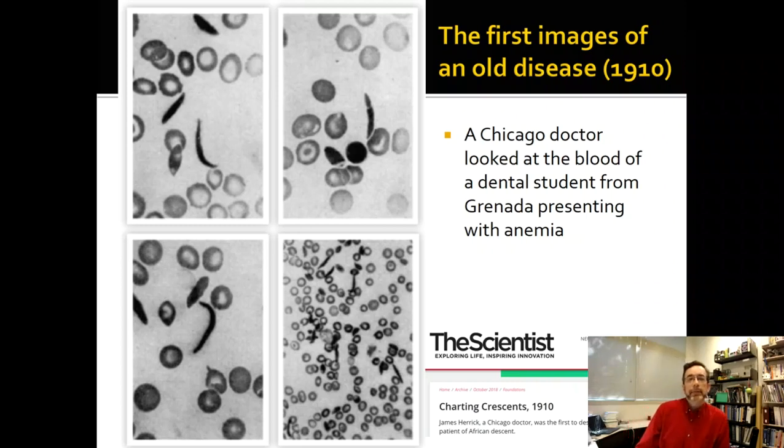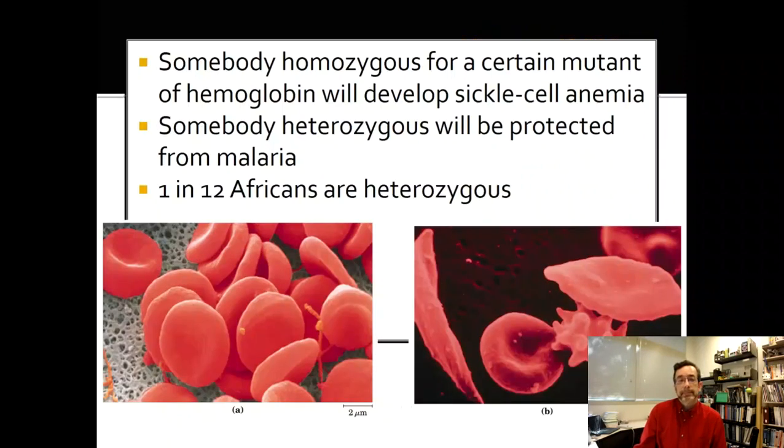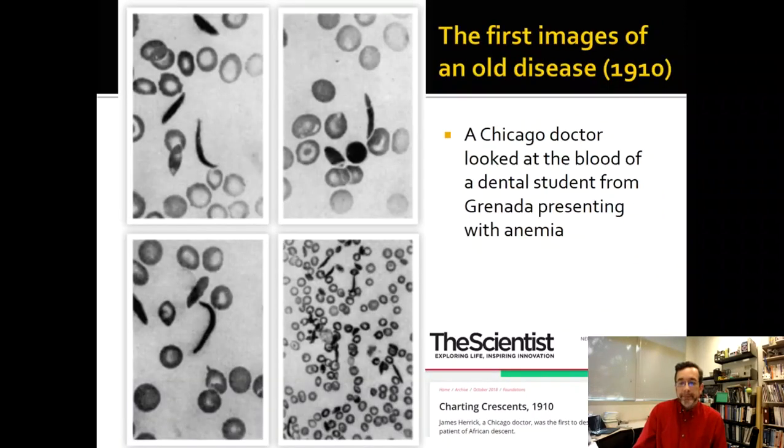What is going on with the red blood cells? And remember, RBCs are basically just bags of hemoglobin. So they didn't know this yet, but maybe with a strong suspicion: maybe something's wrong with the shape of the hemoglobin that's changing the shape of the cells. And by the way, this only came about because we had the dental student who participated in the first place.